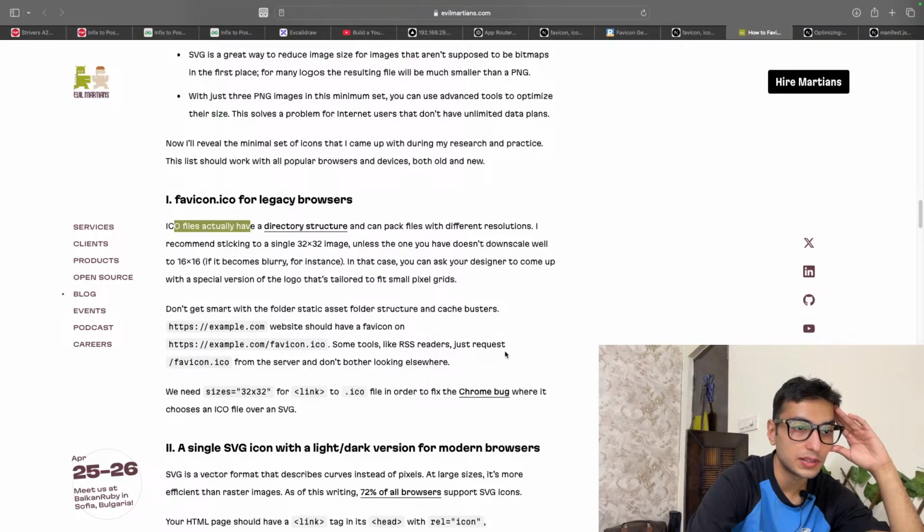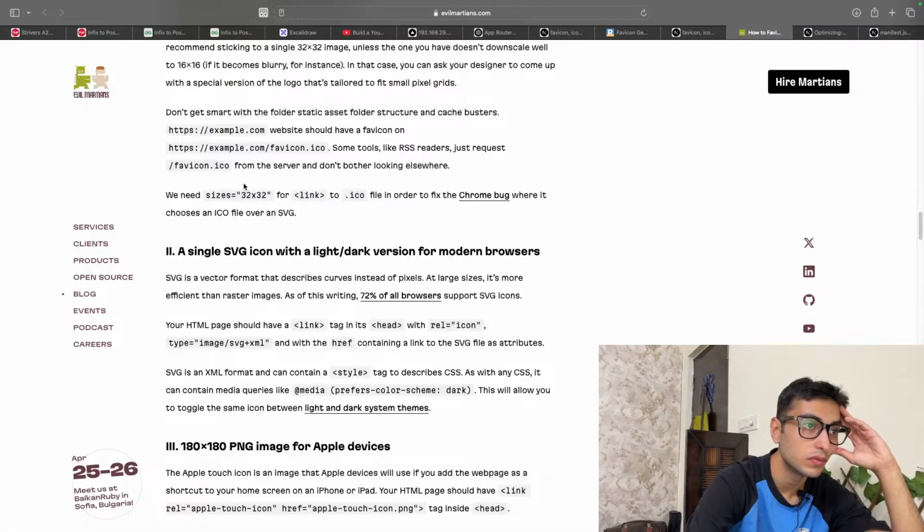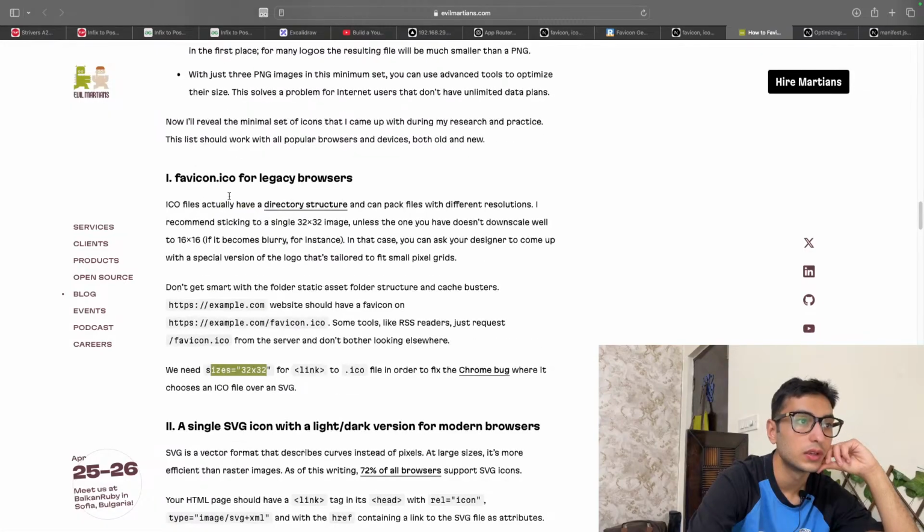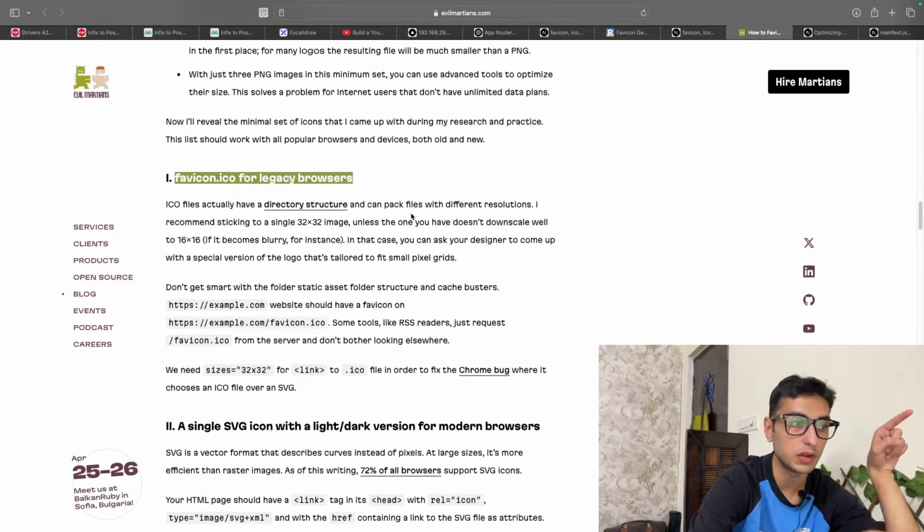Some tools like RSS readers just request /favicon.ico from the server and don't bother looking anywhere else. We need sizes equal to 32x32 for the link to the .ico file in order to fix the Chrome bug where it chooses an ICO file over an SVG. Got it. So a favicon.ico file for legacy browsers,